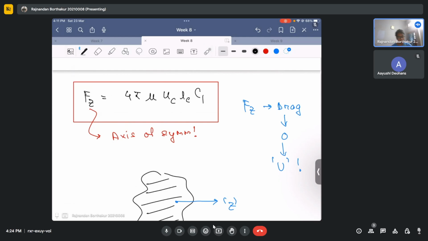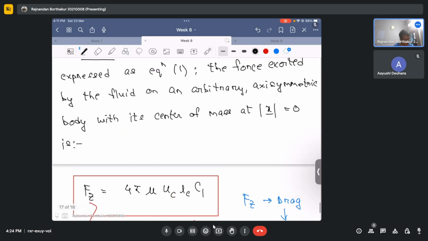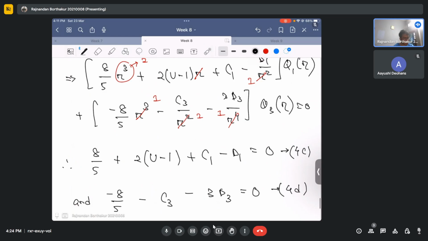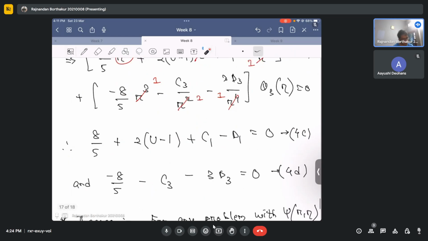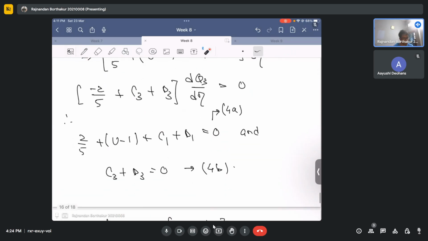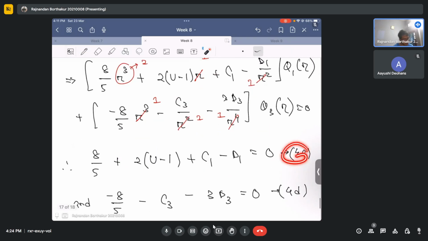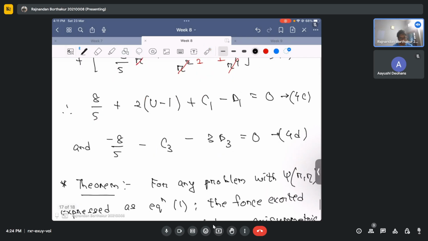All right, if you understood this, we will use this theorem, and now solve for c1. All you need to do is evaluate C1, and for that you need to solve these four equations, 4a, 4b, 4c, and 4d. And I have done that. So basically